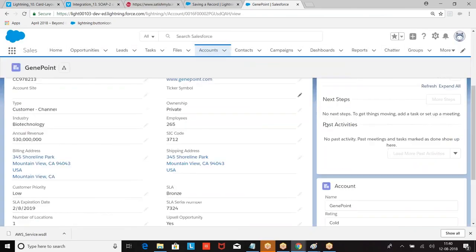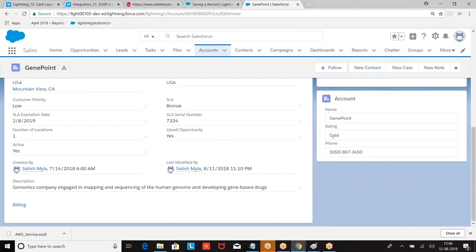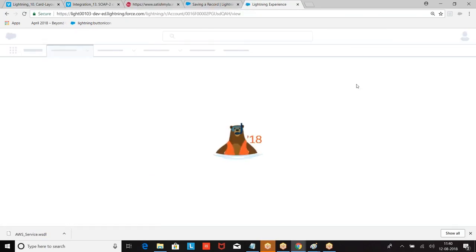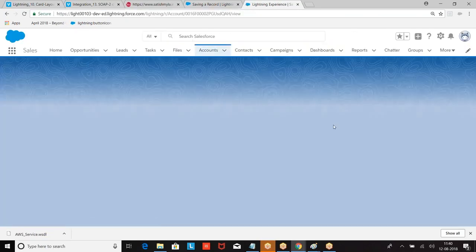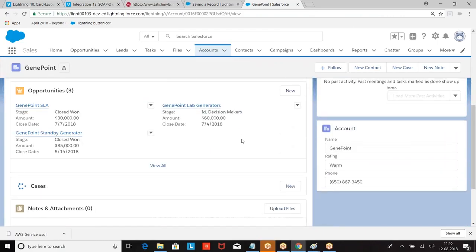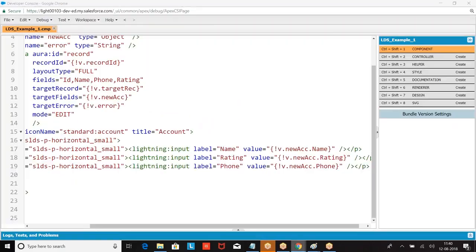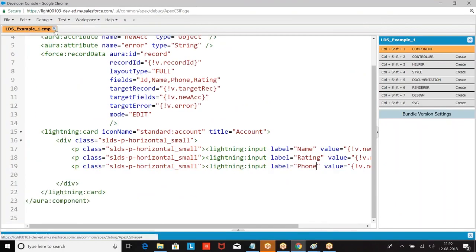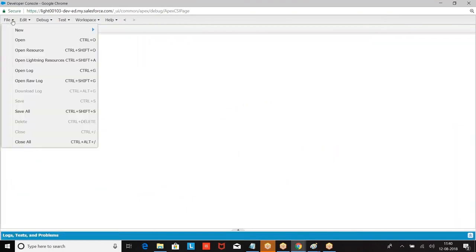When I saved it, what will happen here? The changes should be reflected here also. Whatever changes I made here, that should be reflected there also. For that, we are going to go for saving the record, updating the record. So let us go back. I'll explain how to load the record one more time. Now get your queries clarified. If anyone has any queries, get them clarified from the beginning.